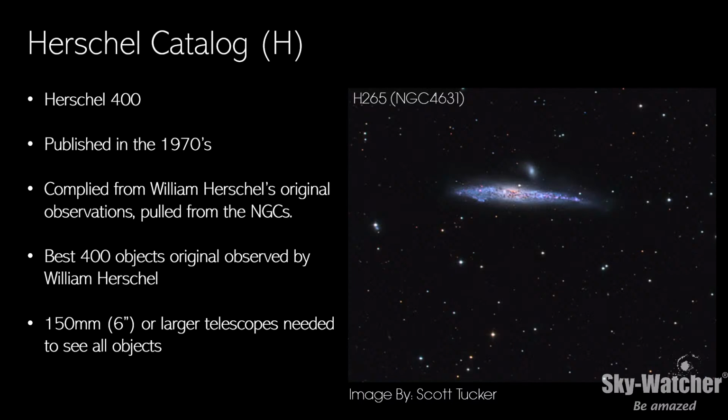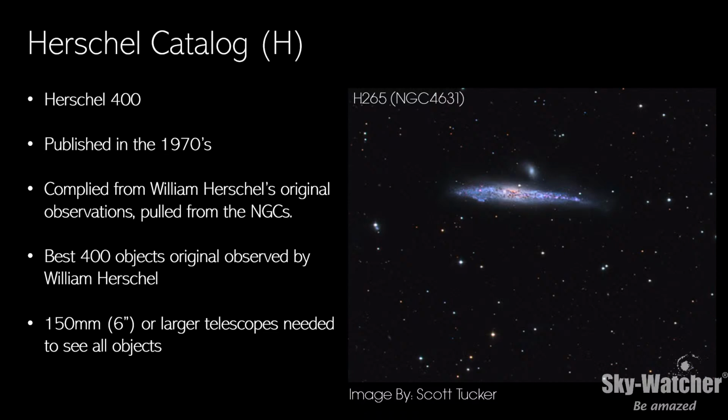Extending past the ICs, we have the Herschel Catalog. Now, the Herschel Catalog was kind of the basic fundamentals originally of the NGC catalog, and then the NGCs came along and incorporated it, and they all got washed up inside the NGC catalog. But in the 1970s, an astronomy club in Florida came together and went through the original 2,700 or so NGC objects that were originally from William Herschel's original observations,